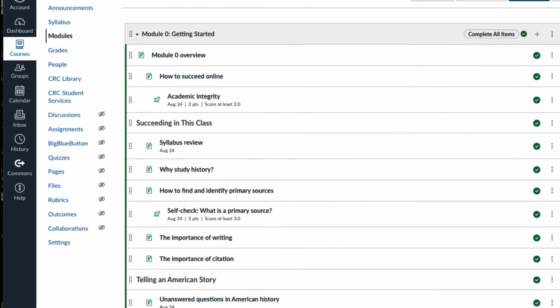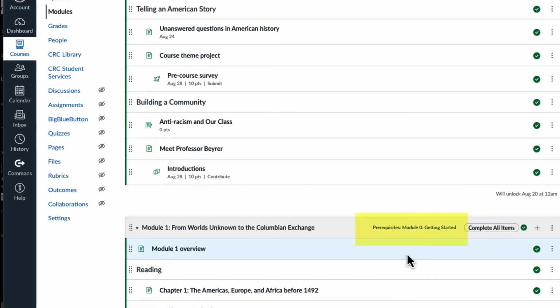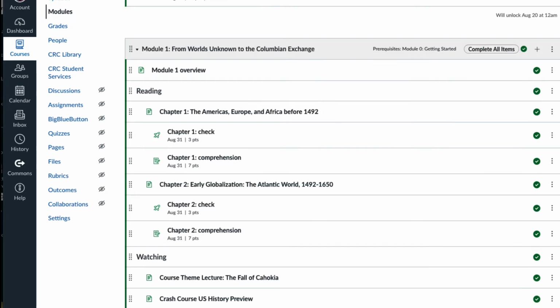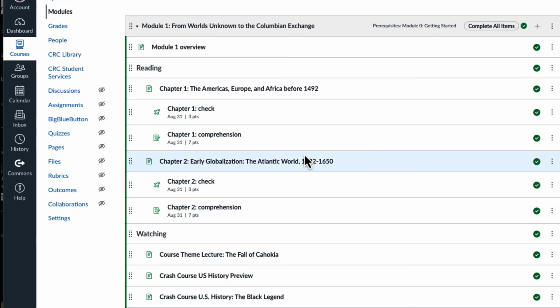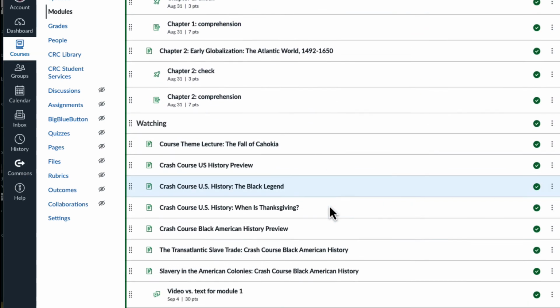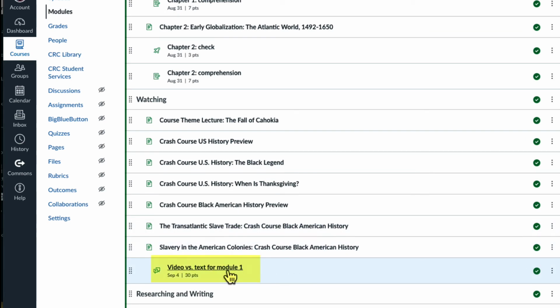When they complete the module, I then make that a prerequisite for the next module, which is the first content module in the class. This is another way that I ensure students participate in the class during that first week. Then for each of the content modules, which in my class last 2 weeks, I have assignments due every Wednesday and Sunday. In the first week, I have my students do a couple of assignments for each of the chapters that they're reading that week. Also in that first week, they begin a discussion where they compare the text with video.